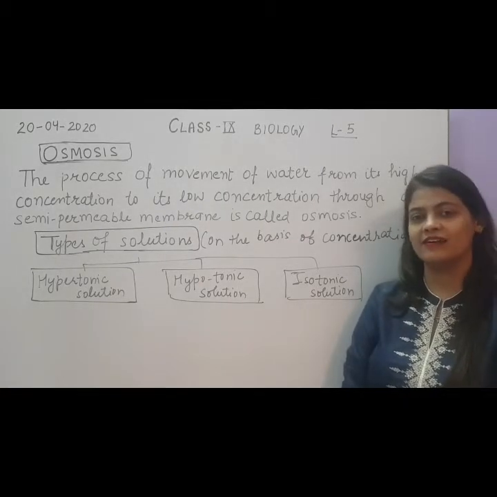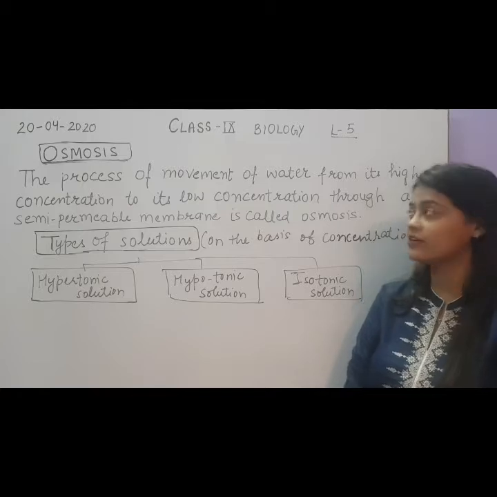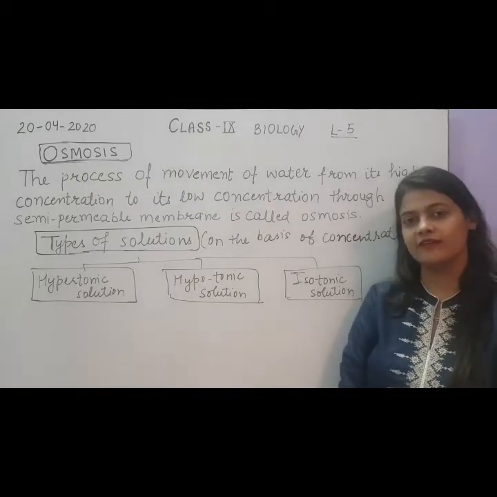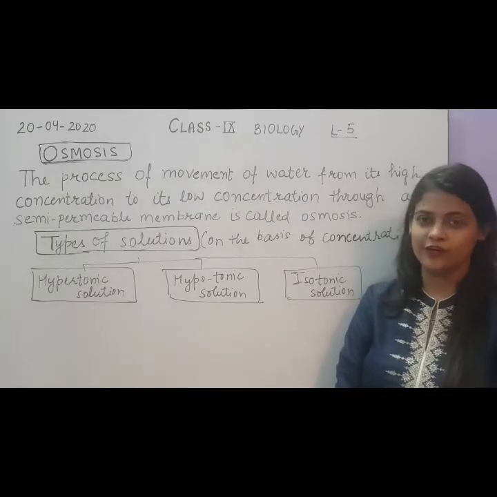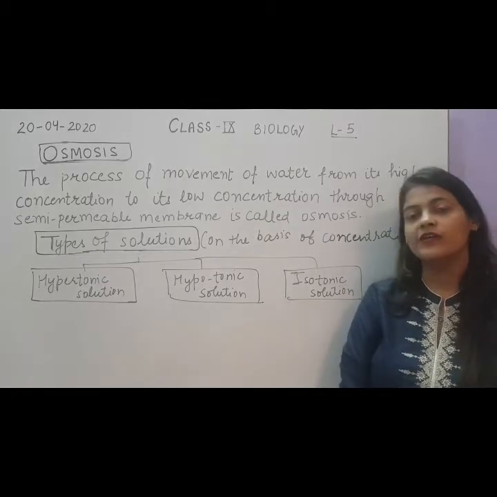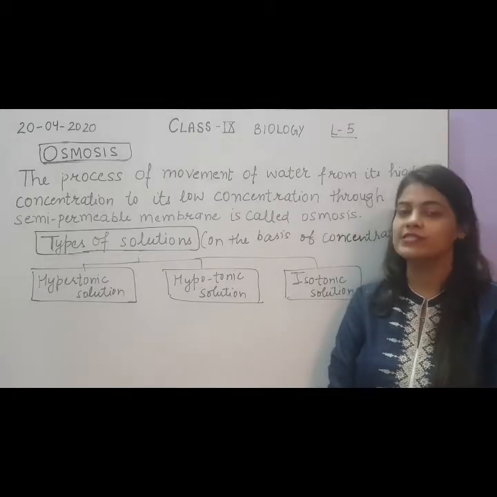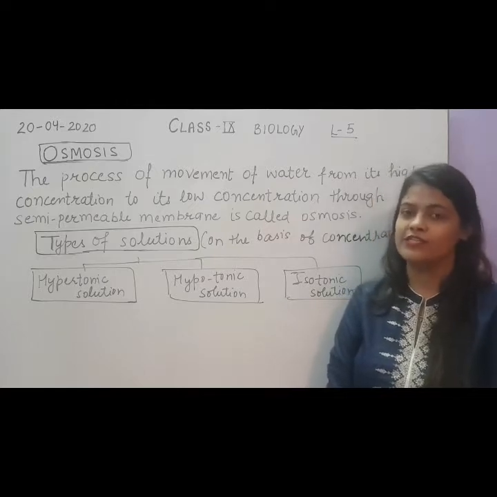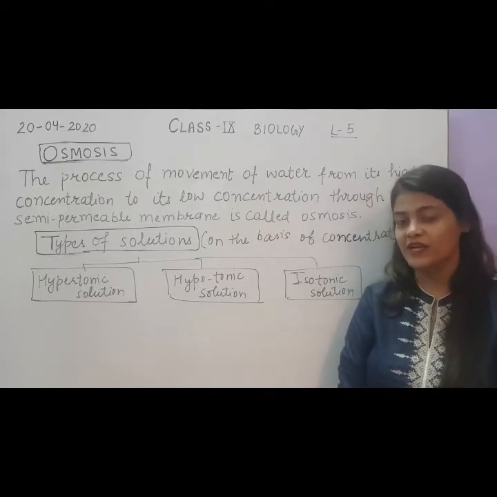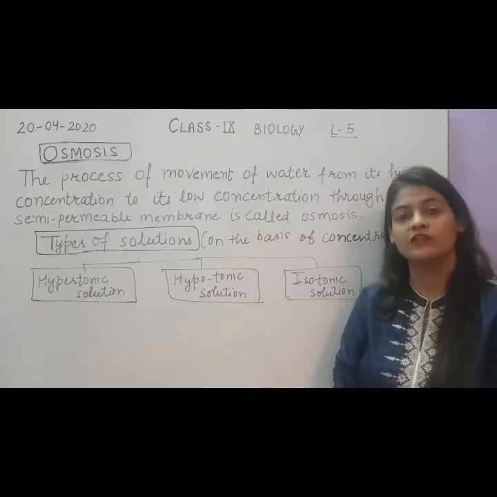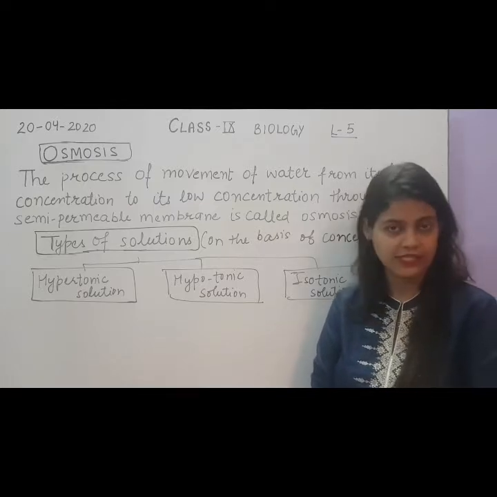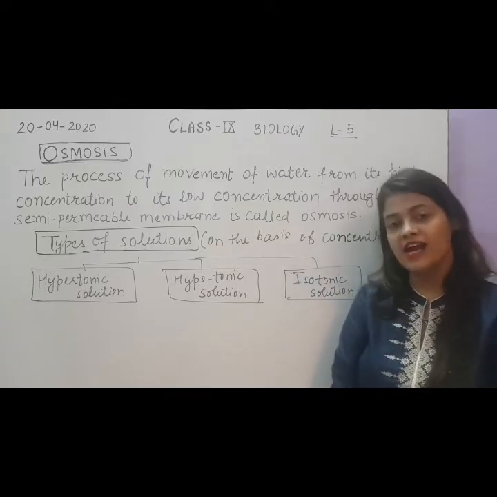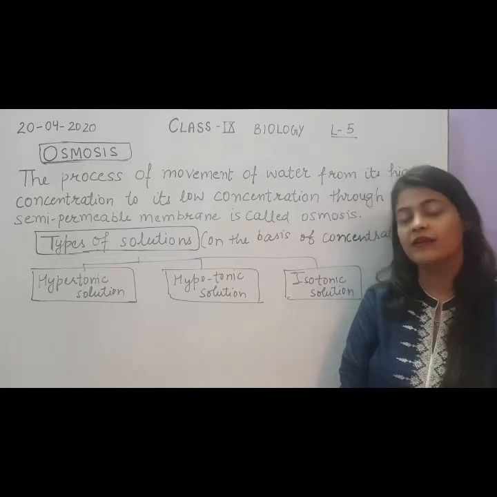So today we will start with our class 9 biology, and we have already started with chapter 5, the fundamental unit of life. In that we have started with the components of the cell. We will study the various components a cell is made up of, and the functions of each and every part of the cell. And in that we have started with the plasma membrane.